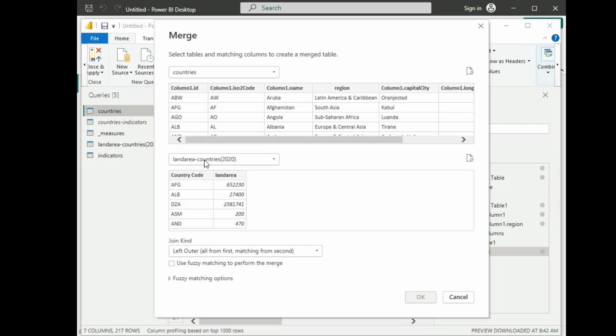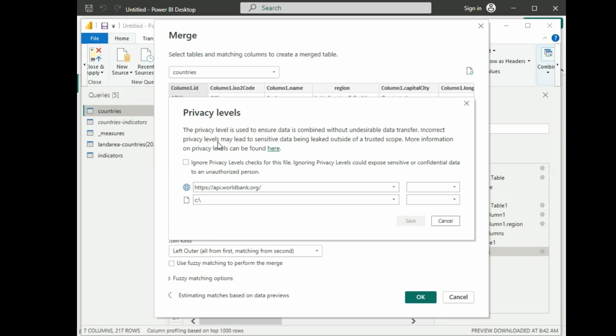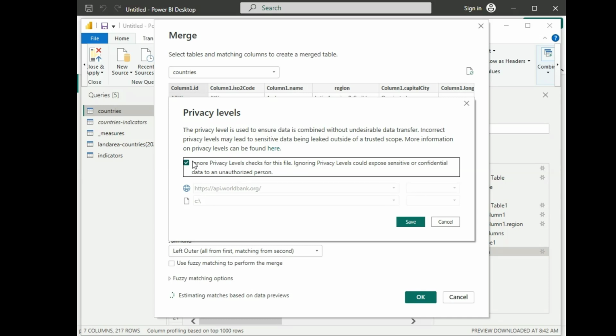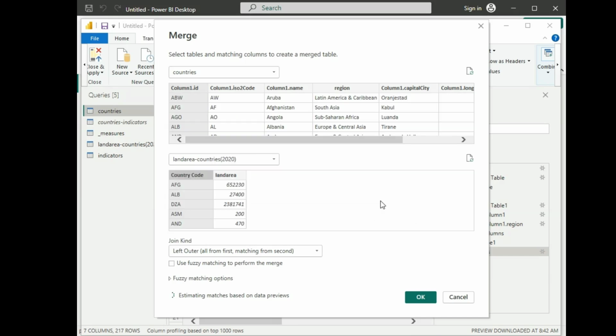At this point, we need to select which column or columns we want to use to merge the data together. So in each of the data preview windows, left-click to select that column with the 3-digit country code. Now Power Query may prompt you to select the privacy level that you want to use for one or more of these data sources. If you see this window pop up, you can tell it to ignore privacy levels for this file. Hit Save,